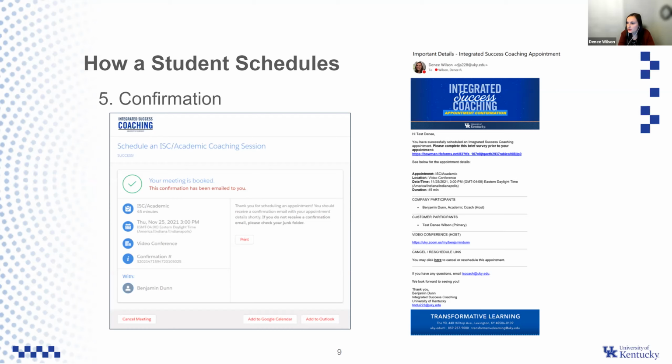So in this case, there is a survey that the student would fill out, and then they see who they're meeting with. And if for some reason they do need to cancel or reschedule, there's a link within the email where they can do that. And at the same time that they receive the notification, they also get a calendar invite sent to their Outlook calendar so that they can remember when that appointment is going to happen.